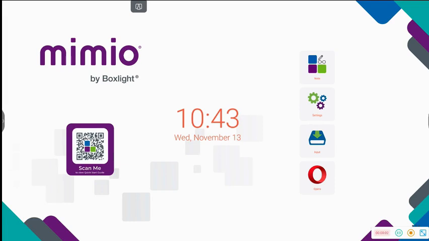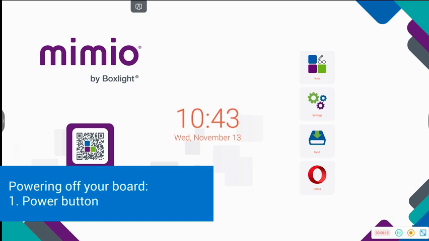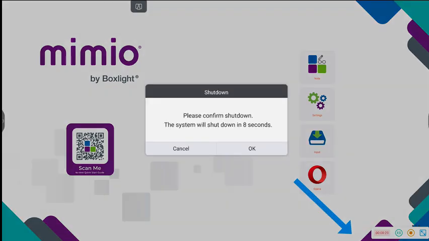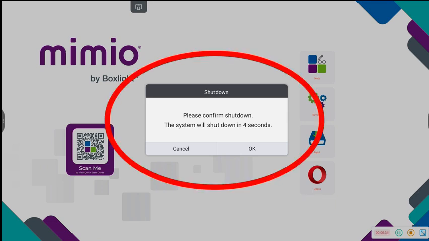In this segment, we will go over some basic operations for your Mimio panel. One is that it is important to power off your board, if not every day, at least every couple days or once a week. To do so, you can hold the power button down in the lower right. And if you hold it down for more than a few seconds, you will get this